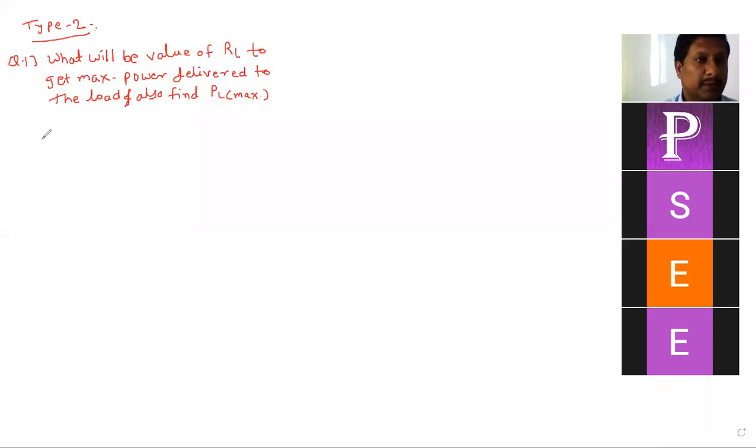But if you are observing the circuit, you can say that this problem belongs to type 2 because dependent source will be there. So this is 3 ampere. This is the 4 ohm. This is dependent source, voltage source it is, whose value depends on 0.5 into V1.